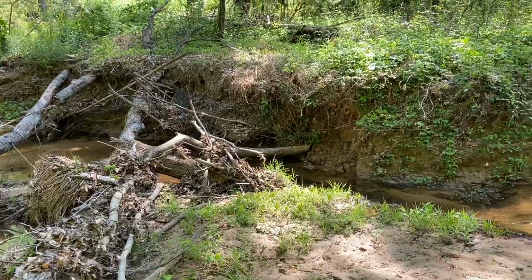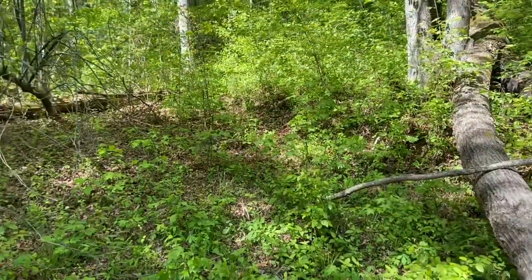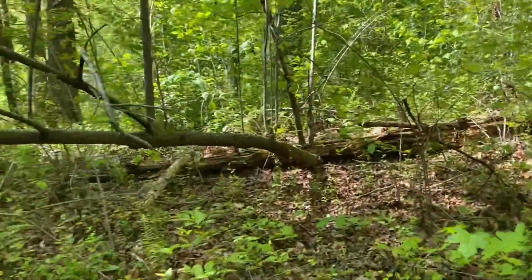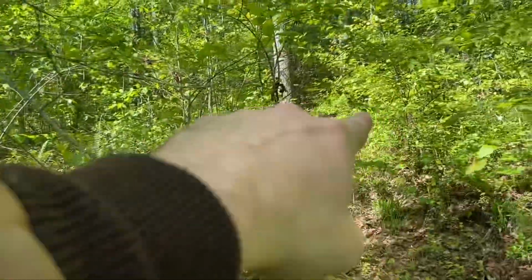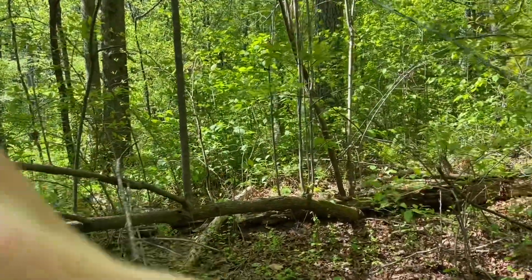All right, one second. Okay, so there's the stream, creek. And as we walk back, this is our walk back. And then off to the left here, in that area, right in there, I'm gonna clear that whole thing out, right alongside this walkway. That's where I'll clear out for the walkway,